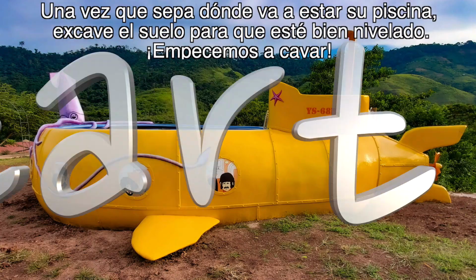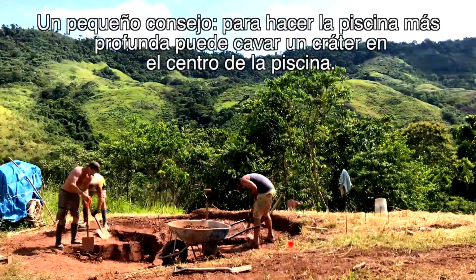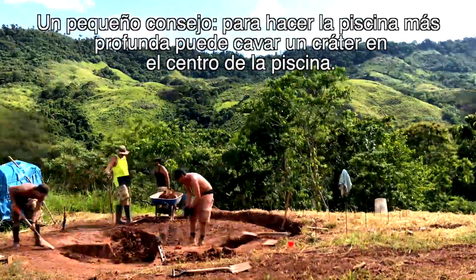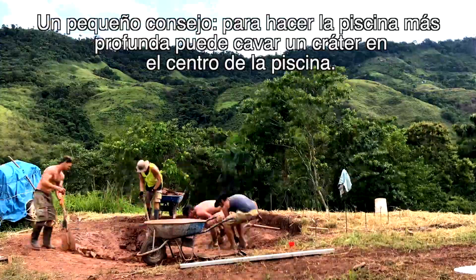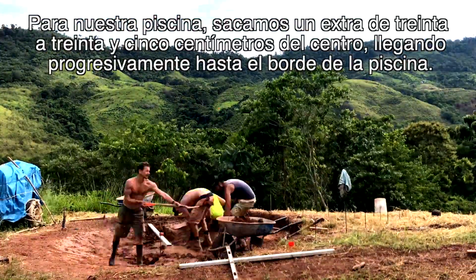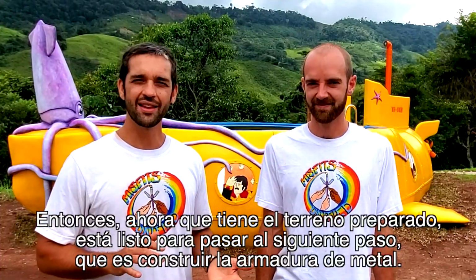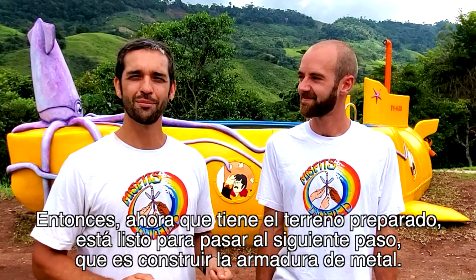So once you know where your pool's going to be, dig the ground so it's nice and level. Little tip to make the pool deeper, you can dig out a crater in the center of the pool. For our pool, we took an extra 30 to 35 centimeters out from the center, progressively coming up to the edge of the pool. So now that you've got your ground prepared, you're ready to move on to the next